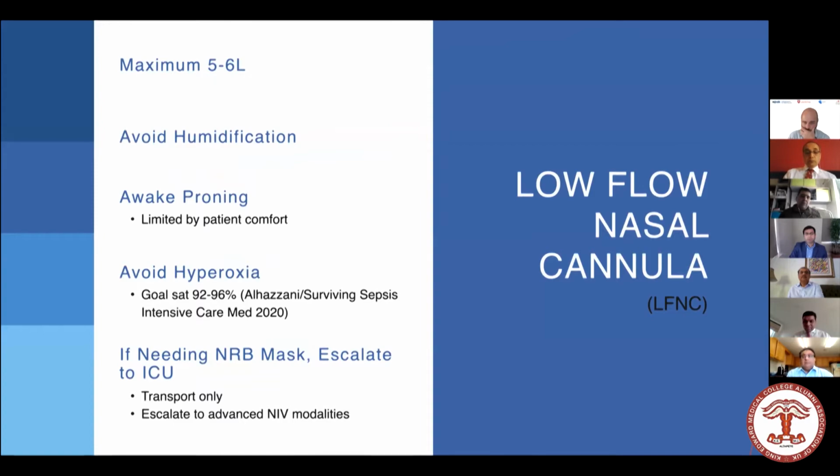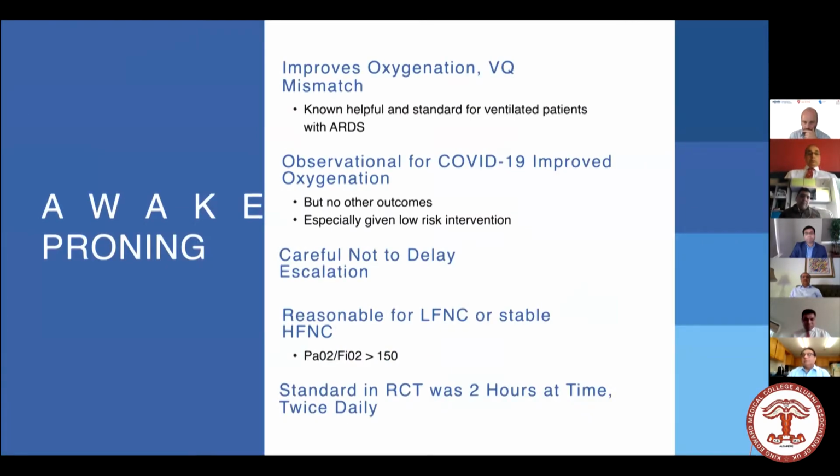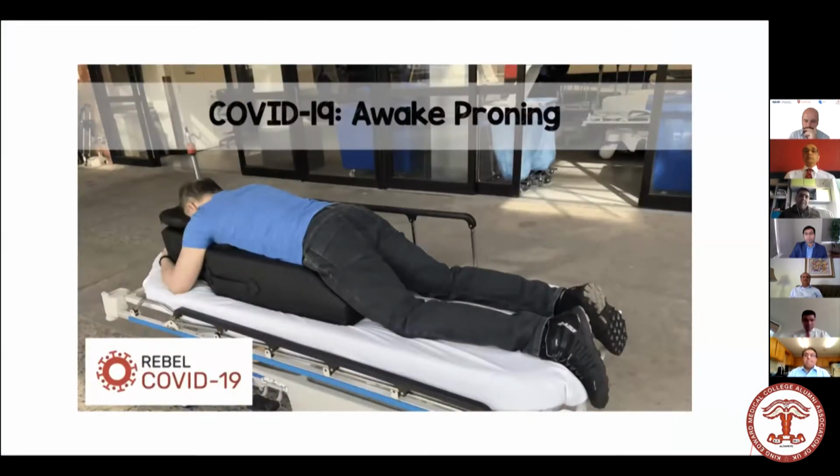So just a few words about low flow. We use maximum 5 to 6 liters. We avoid humidification. And just as the talk previously, 85 to 90% of our patients are awake proning. We're just putting our data together. Hopefully we'll publish that soon, and then try to avoid hyperoxia. I won't go into detail because you just have seen the numbers, but it just improves the oxygenation. Our experience is that we are able to avoid some of the ventilation requirements because of this, but we're just waiting for the final data to prove that. This is how awake proning is done. We use these wedges so that we can reduce the skin injuries as well.